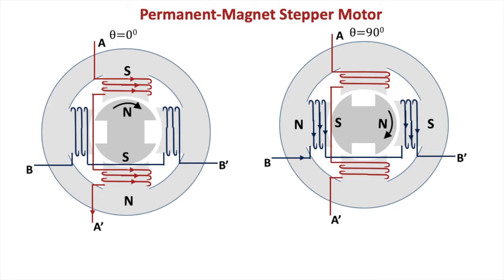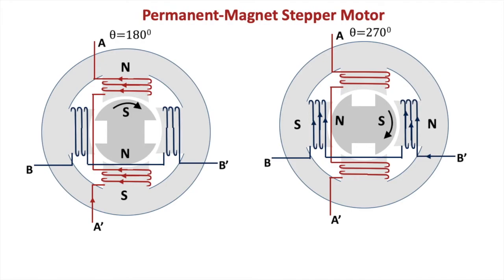So when you energize coil A, the rotor's north pole will align with the south pole, and when you change to coil B, the rotor will rotate to its next position, so that the north is aligned with the south pole, because that is a stable position and the motor tries to attain that minimum reluctance position. Now this is for 180 degrees. Again we have shifted it, so the rotor has reversed. Now the south pole is under north pole and north pole is under south pole, but it has 180 degrees rotation.